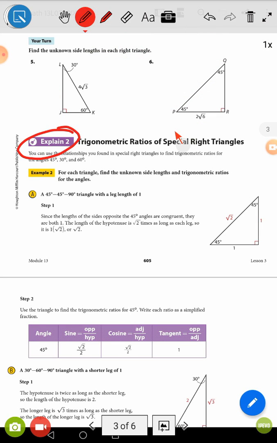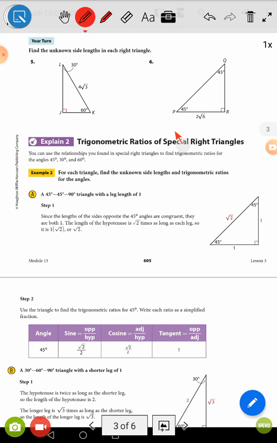Explain number 2. It's talking about the sine, cosine, and tan for 45, 60, and 30 degrees. For example, if we have a 45, 45, 90 triangle with a leg equal to 1, so that is 1 and that will also be 1, and here we see the hypotenuse is x root 2 and x is 1, so it will be root 2. Okay,